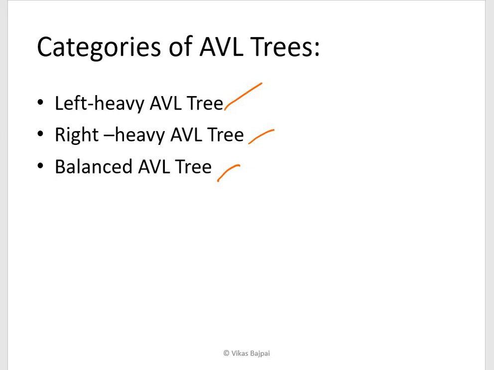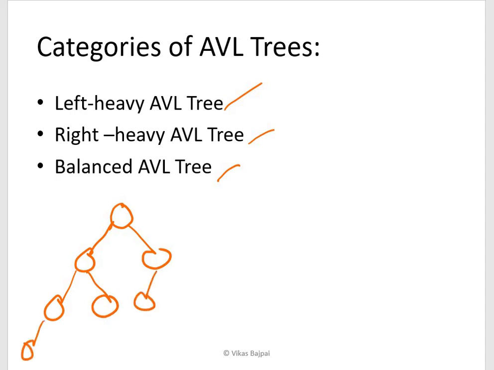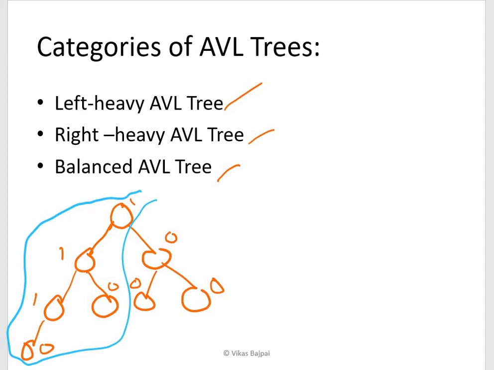So left heavy can be in a form of, let's say I have something like this, and then let me have something like this, something like this and this, and maybe I can add some more. So balance factor of this comes out to be 0, this comes out to be 1, this comes out to be 0, then 1, then 0, 0, 0, 1. So, and this side, looking at the leftmost side, we get an idea that this is something which is your left heavy balance tree.